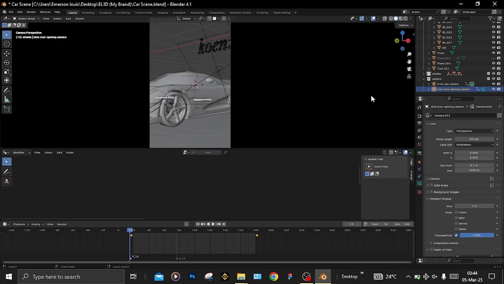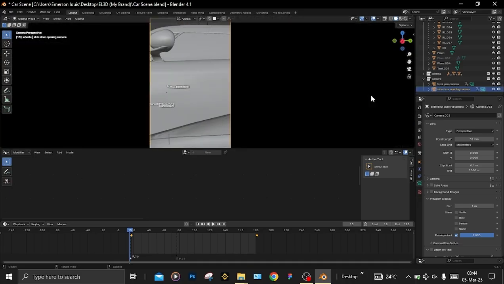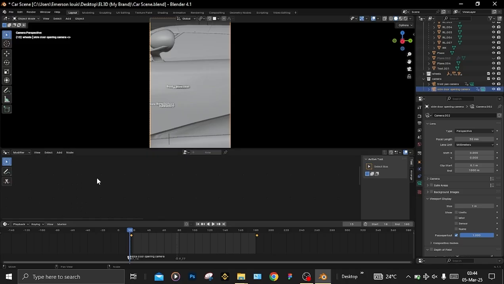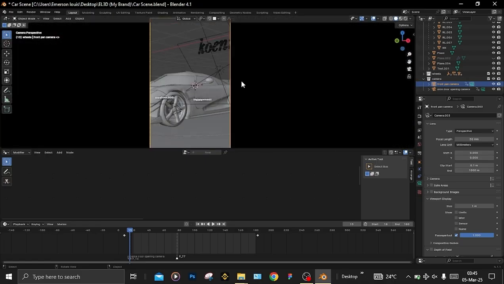You press Control 0 to get in, and then you go to marker. You see bind camera to marker, and you click on that. So now it's starting with the side door opening camera, and then you go back to here, around here, click on the front facing camera, around the workspace, hit Control 0, which switches the camera, and